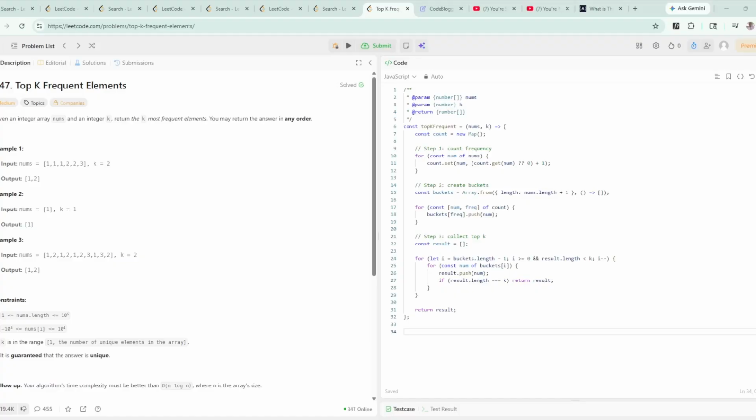All right, so now we're on LeetCode, problem number 347, top K frequent elements. Given an integer array, nums, and an integer k, return the k most frequent elements. You may return the answer in any order. So here are our parameters. We got numbers, k, and then we have another array to return here. So at the top here,